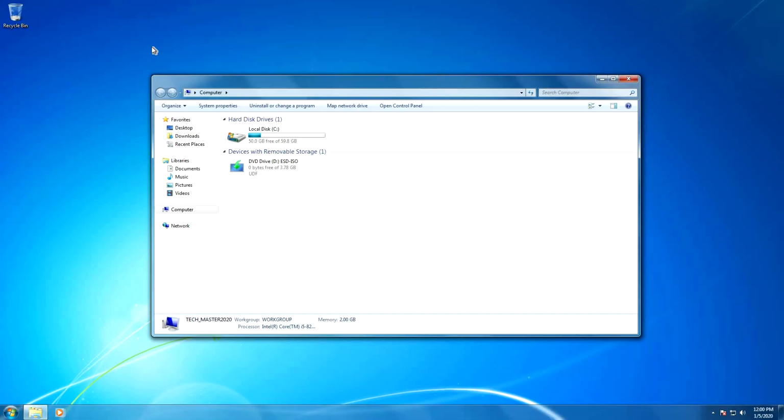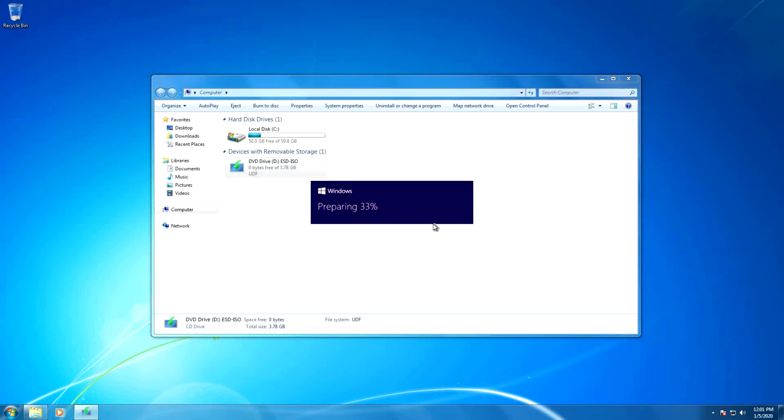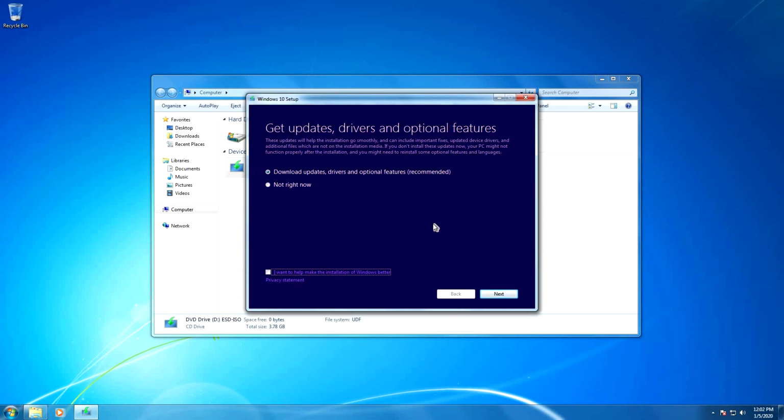Hello everyone. So like I said, I'm going to show you how you can upgrade for free from Windows 7 to Windows 10 as part of my Windows 7 Post-2020 survival guide. So I have loaded the Windows 10 installation media, so we're going to click on it and run setup.exe. Now here it is preparing the setup, and now here it says get updates, drivers, and optional features. I'm going to say not right now, but I would suggest that you say download updates, drivers, and optional features. I'm not going to right now,